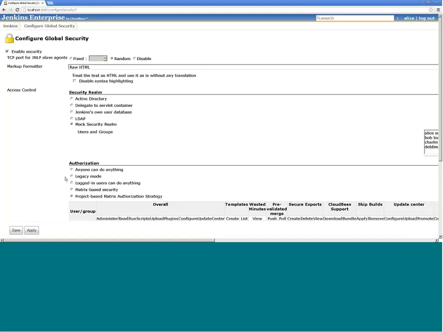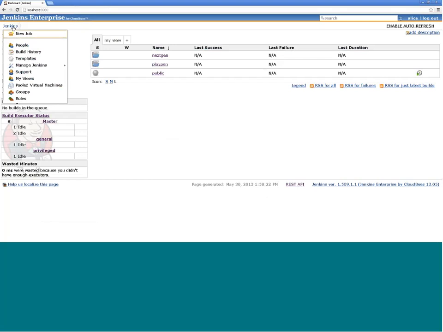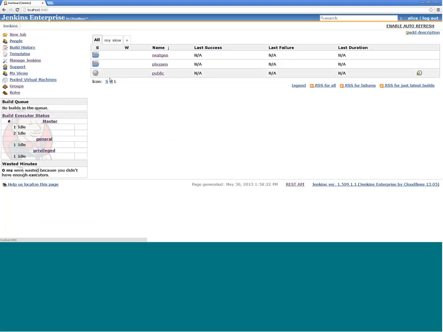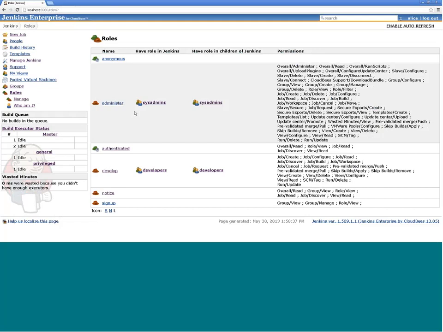Okay, so we can take one last question. Are there any best practices in using the RBAC plugin? Yes. For instance, limited roles at global level and then more permissions at the folder level. And I've mostly been trying to show that kind of style, although in this demo I have granted